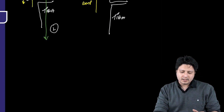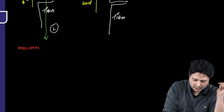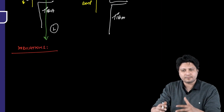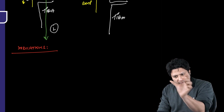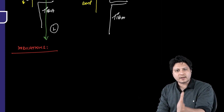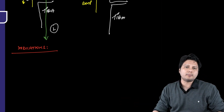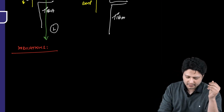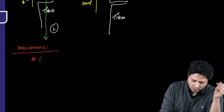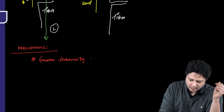As I told you, the indications of TBW: what are the other fractures which could be treated with tension band wiring? Actually, any fracture where the concept of conversion of tensile into compressive forces could be utilized, TBW can be used for the management of those fractures. So, giving you some examples, like fracture of the greater tuberosity in the humerus,